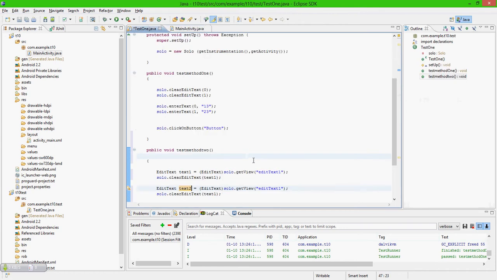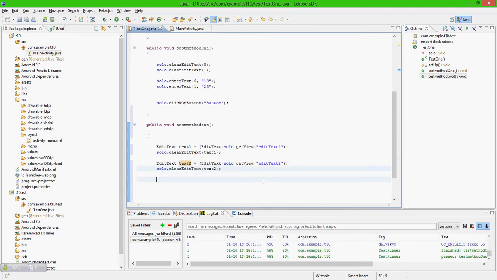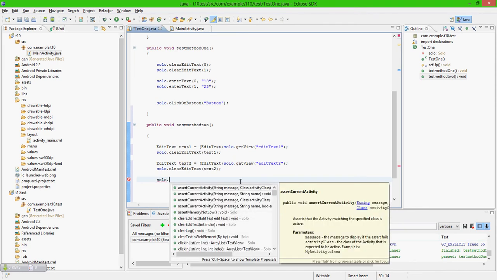So let me say 2, and this one is again 2. So now I have cleared my values on first and second text box, and now I am going to pass values to first and second text box. So this is the same, again I'll say solo dot enter text,